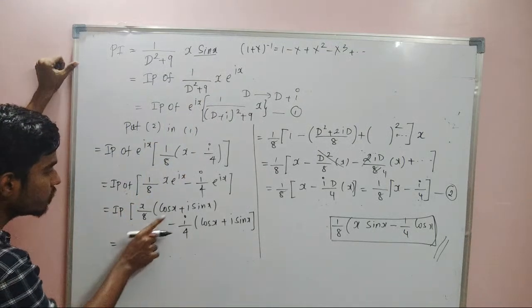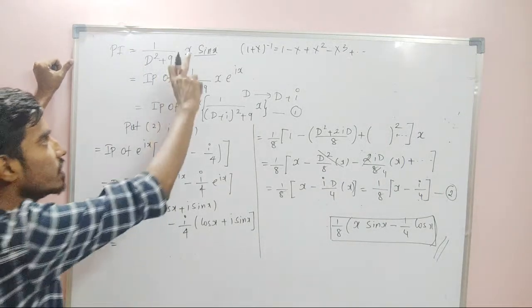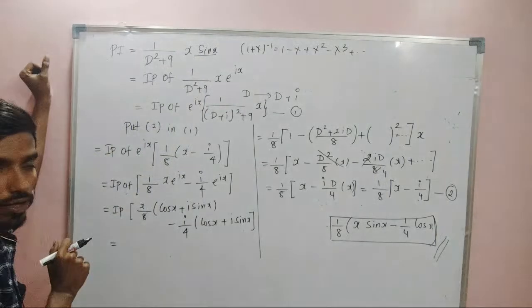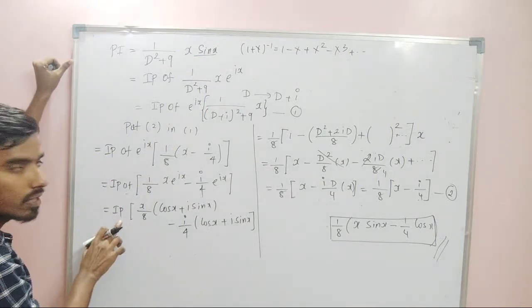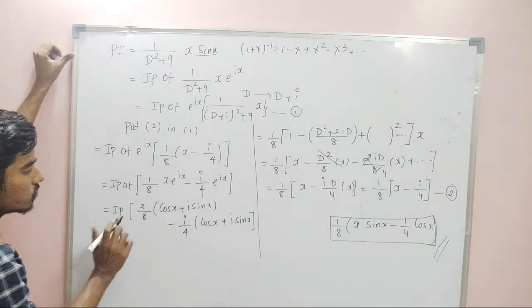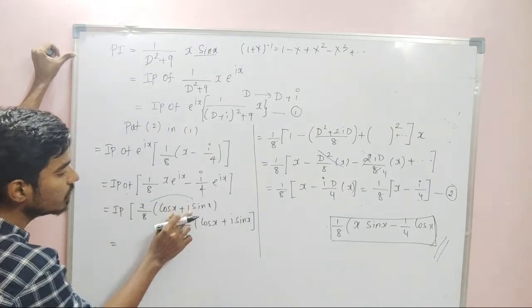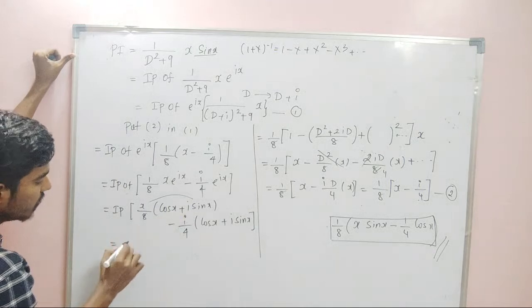You can see x by 8 cos x is the real part. Suppose the question is x into cos x, the same method up to this point, but instead of equating the imaginary part we will equate the real part. Here it is the imaginary part. So what is the imaginary part? It will be the term with i, so what is the coefficient? It is x by 8 sin x,